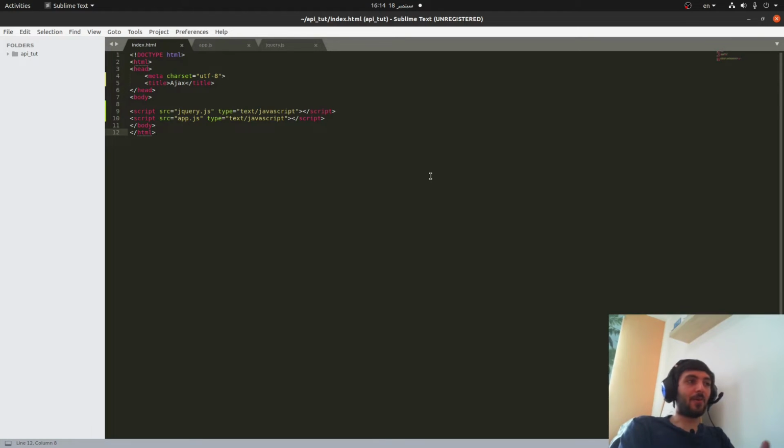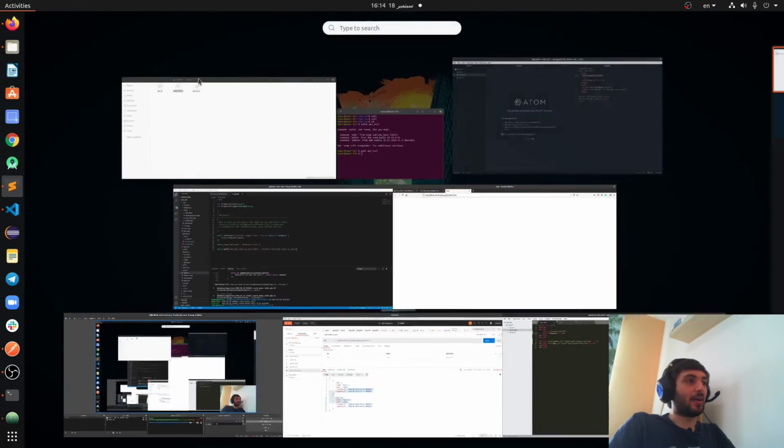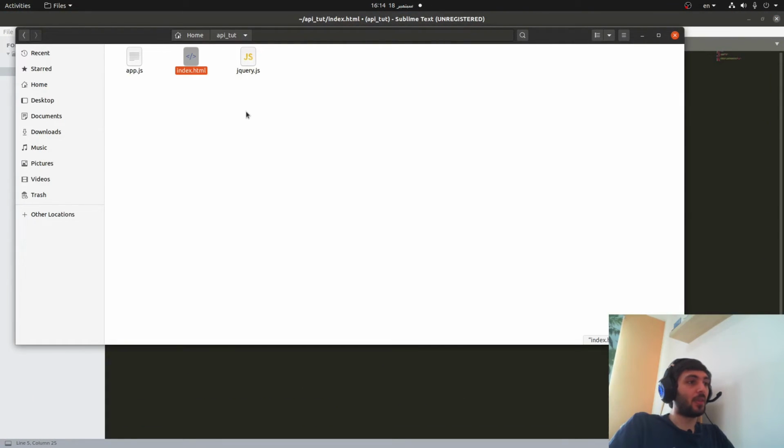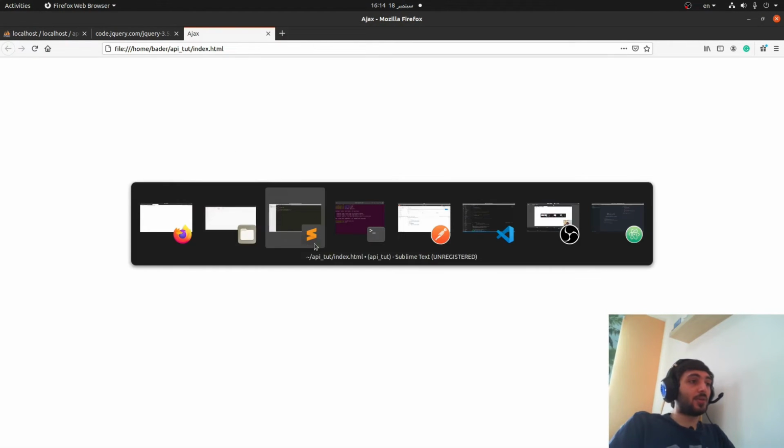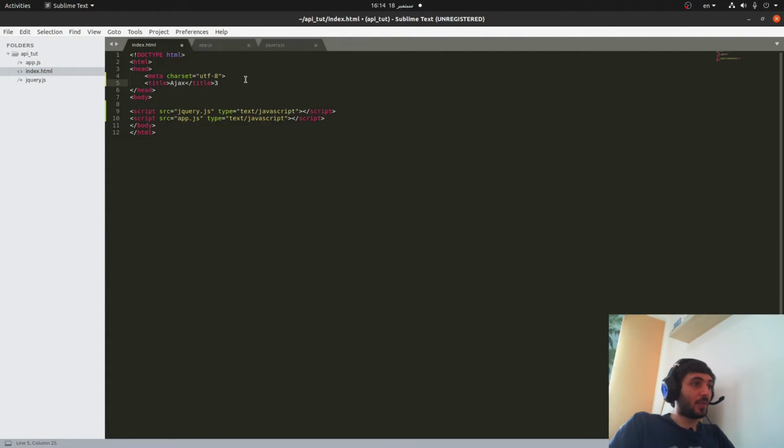Okay, so now I have my ready code, and I included the jQuery library. I added the code here in the jQuery.js, and also I have the app.js to write my JavaScript code, and also I have the index.html. So here in my website, it's empty yet, so let's create a button. Let's go here and create, not in the head, in the body, a button, and call it get info,